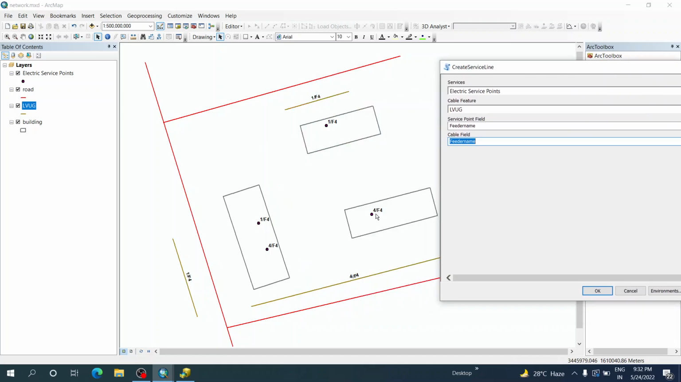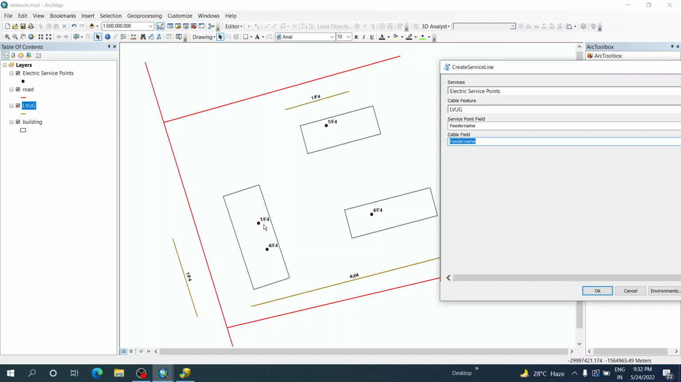For example, this feeder, substation 4, feeder 4, it should be connected here. These two points should belong to either this or this, because we have only one line. They should be connected to this, because we have only one line. But in case of this, because these two points, as I said, feeder 1,